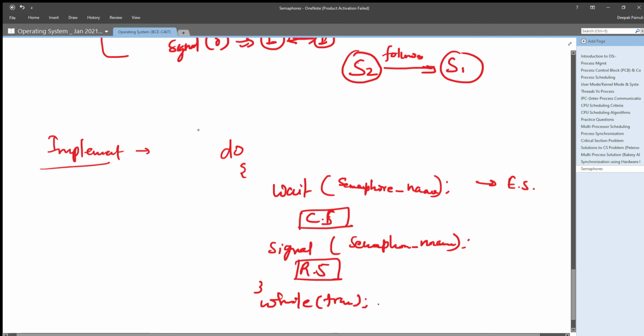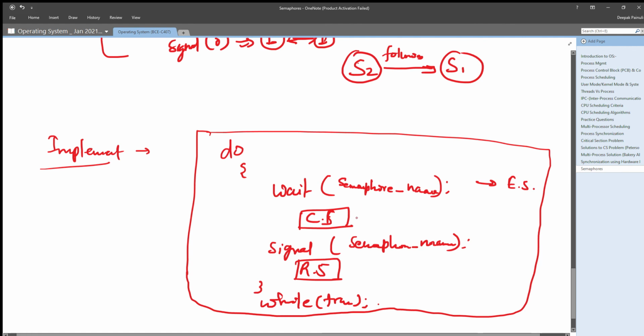right? So for providing the solution for critical section problem, we can use our semaphore operations such that any process who wants to enter its critical section must perform wait operation on the semaphore which you have used at entry section, right? And in the same way, when it is exiting its critical section, it will perform signal operation at exit section, right?